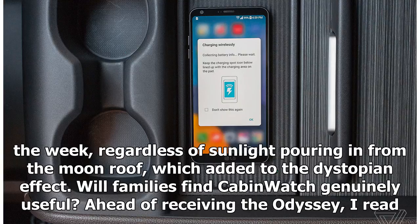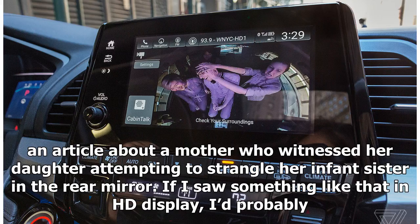Will families find Cabin Watch genuinely useful? Ahead of receiving the Odyssey, I read an article about a mother who witnessed her daughter attempting to strangle her infant sister in the rear mirror. If I saw something like that in an HD display,